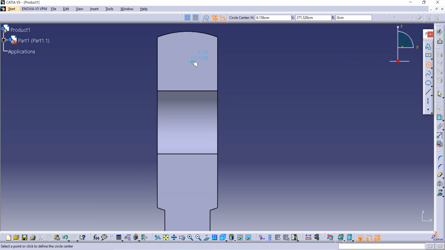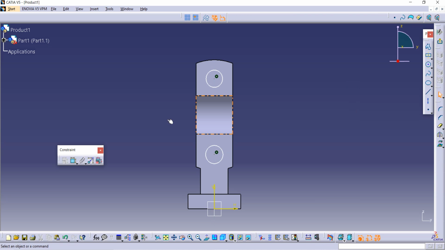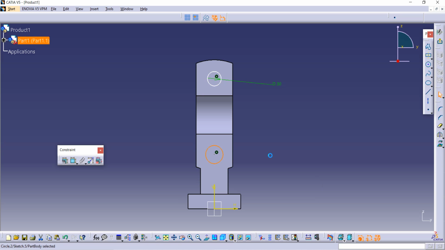After that make one hole here and again here also. Let's give dimensions to it. Now diameter of the circle is given to us as 30 and 30 here also.